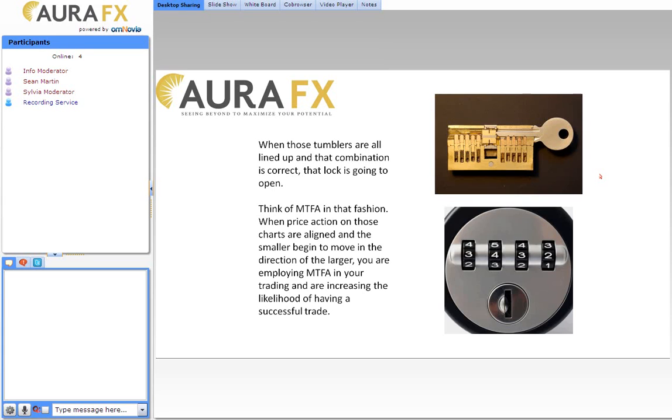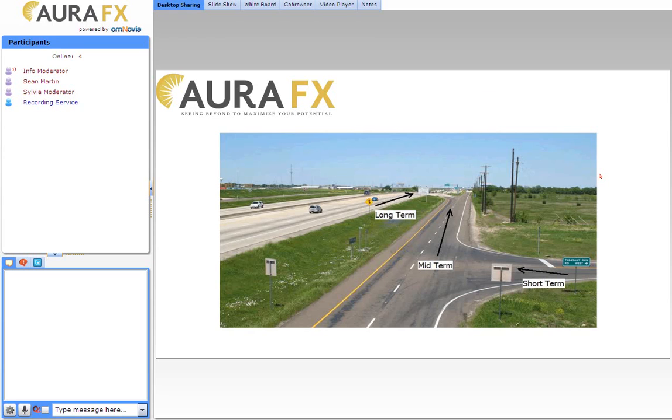I want to go back one more time. Now that we looked at the charts and we've talked a little bit about it, take a look at this again one more time, because this is really one of the keys to it, and it really does show you what it is that we're talking about and what it is that we're trying to take advantage of. This type of drawing or graphic has been around for decades because many traders understood this process long ago and have been trading that way for a long period of time.